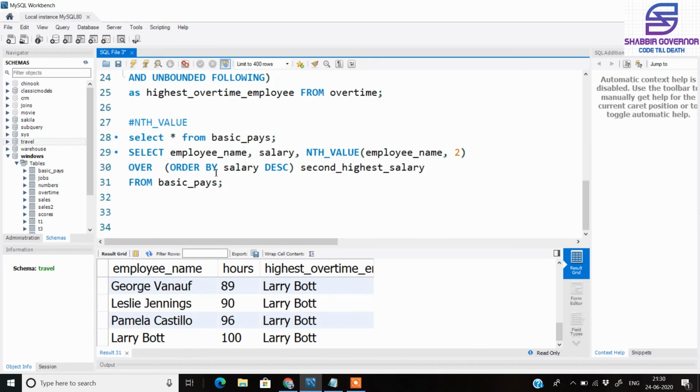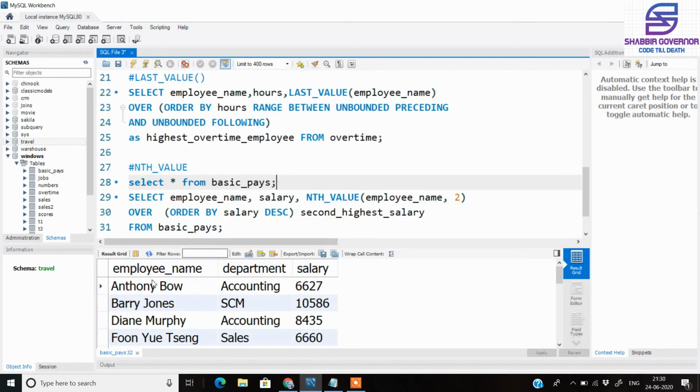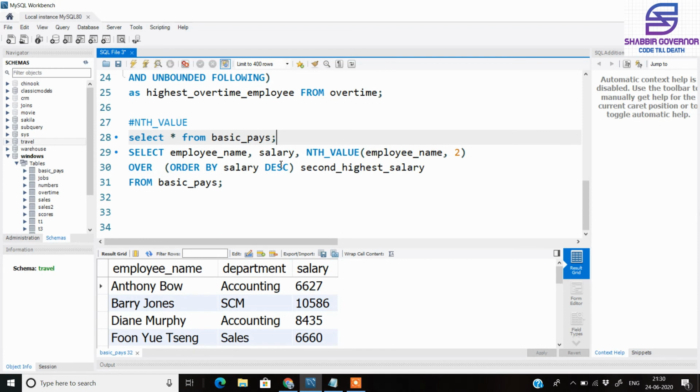And the last example we will be seeing in this window function tutorial is that of the nth value. So we see this basics table which has the employee name, department, and the salary. What we want is the employee with the second highest salary. So we have selected the employee name, salary, and we have selected the nth value window function over the employee name because we want the employee name.